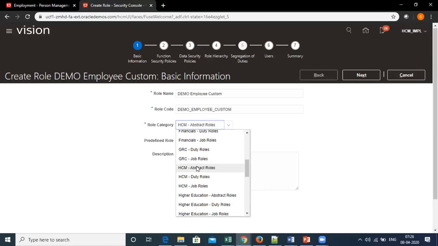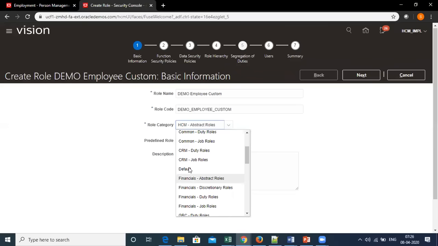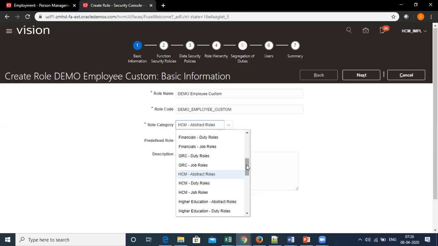So I can create an HCM abstract role category, but even though I can go and say it is a default one or it is a financial abstract role, and then I can add in appropriate privileges or duties. This is just to identify that primarily this role is used in which module. So definitely we'll go with the HCM abstract role, or we can say HCM job role.